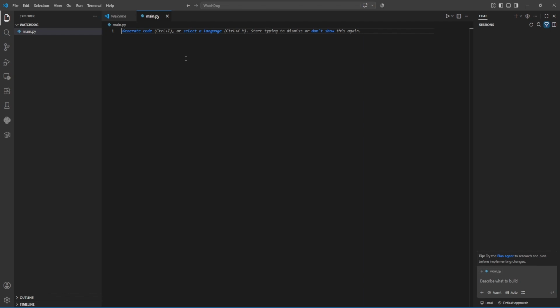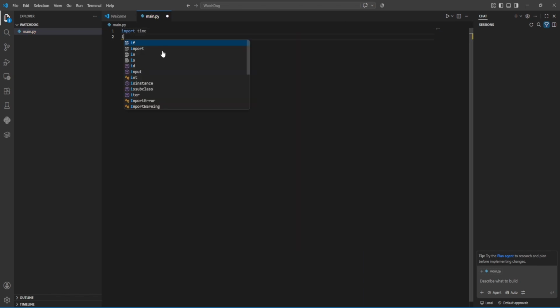So first, let's import the libraries we need. We'll use time to keep our program running, shutil to move files, Path for working with files and folders, and finally Watchdog to monitor our folder for new files. So import time, import shutil, and then from pathlib import Path,